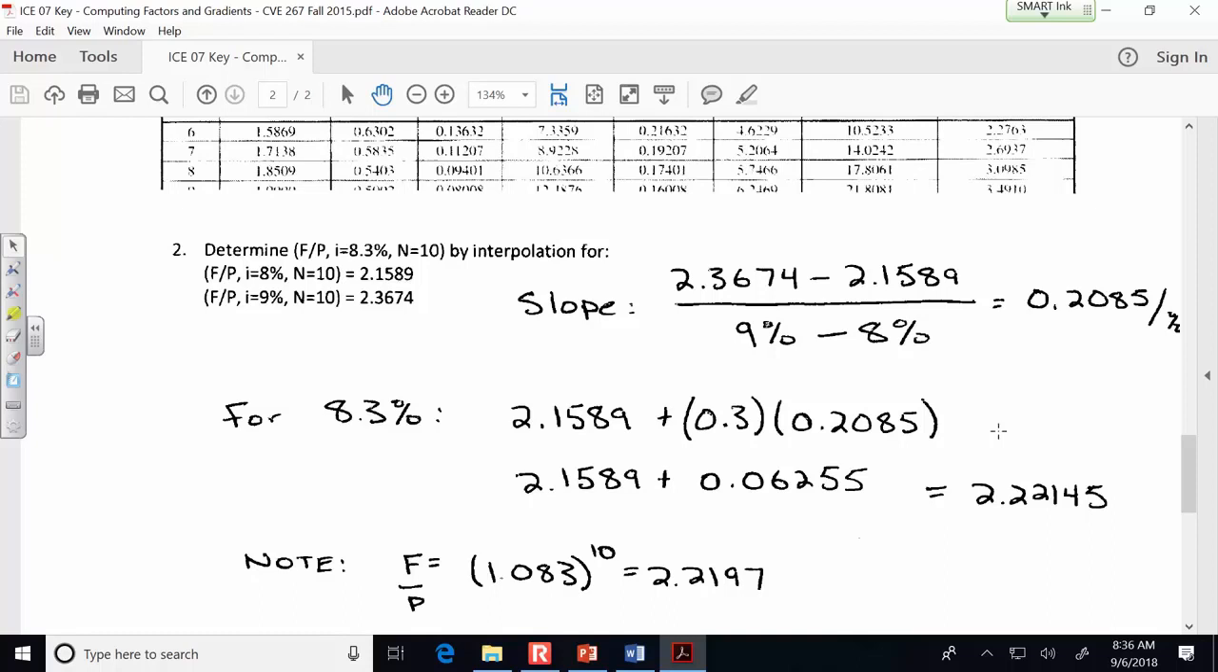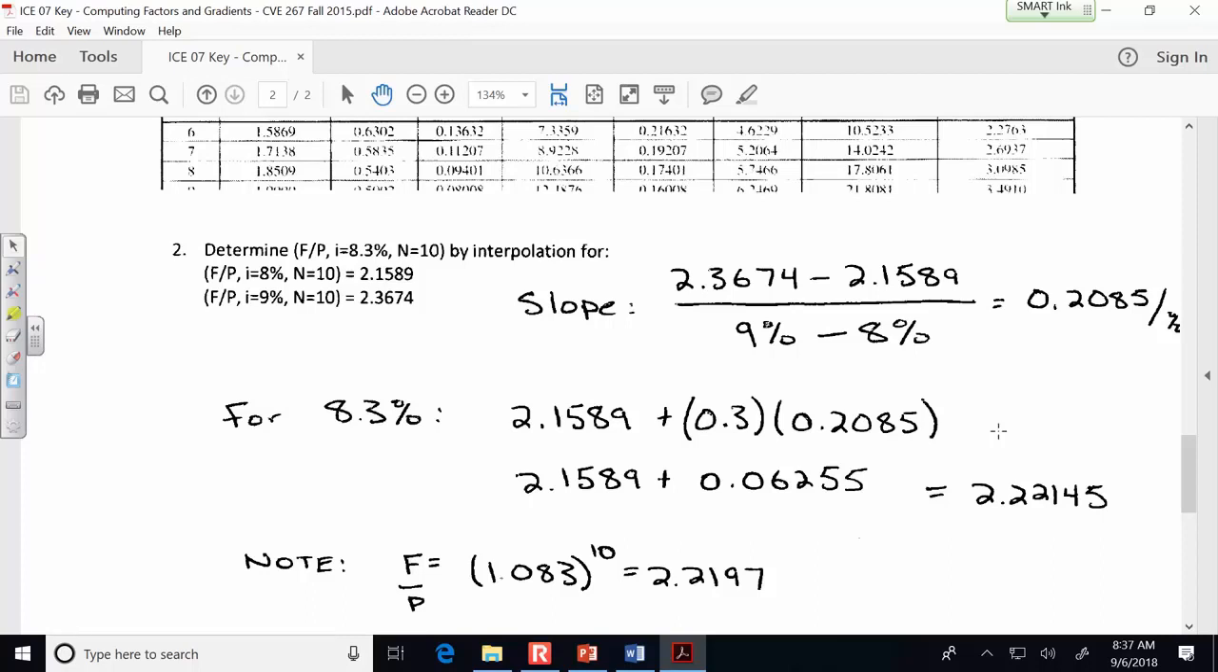And what we're doing is we're starting with the 8% factor, and it's going to increase from there because the 9% factor is larger. So with the baseline of the 8% factor and then some amount larger. And how much larger? Well, 0.3 times the slope. So you can get the estimated